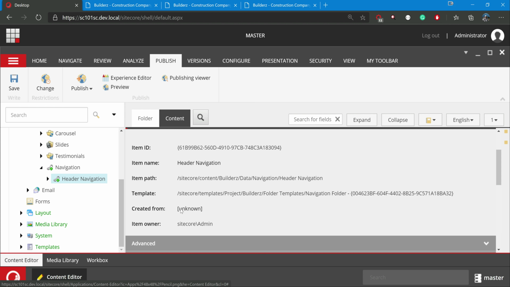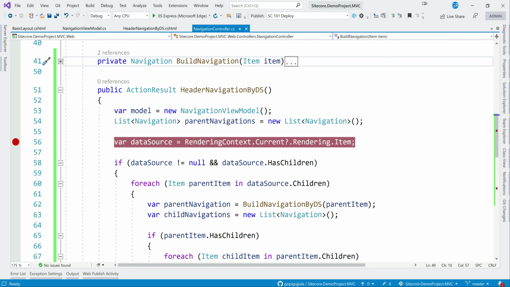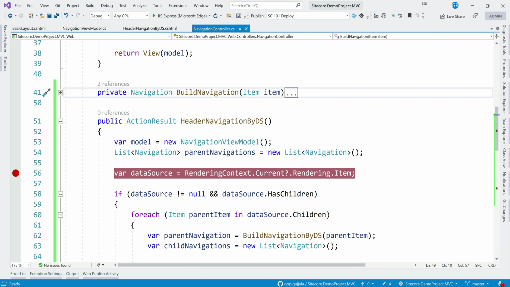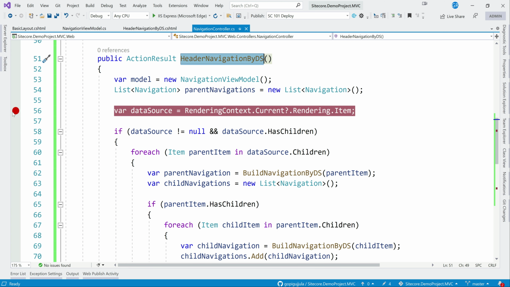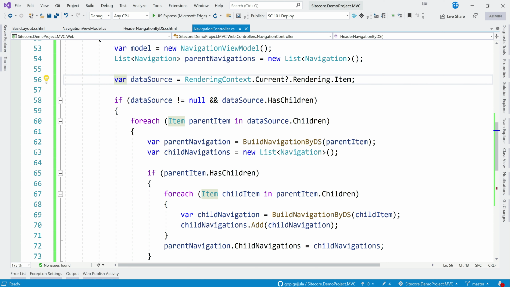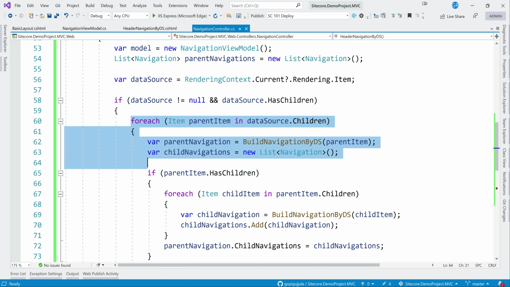And if we come back to the code, we have created one header navigation by data source action method, and in this we are reading the data source, and if the data source has children, then we loop through those children.